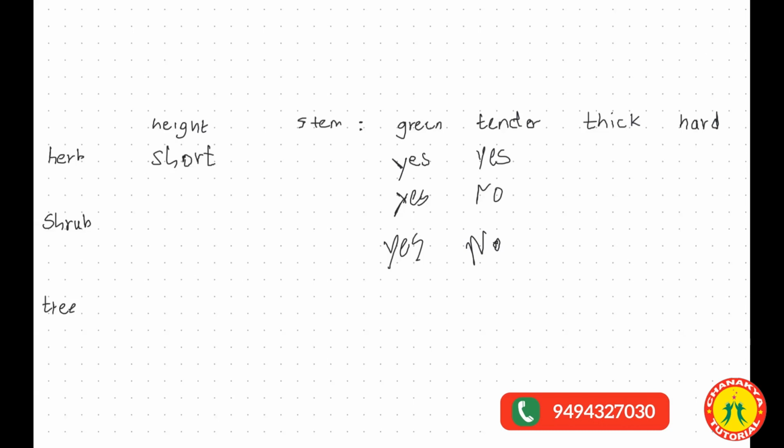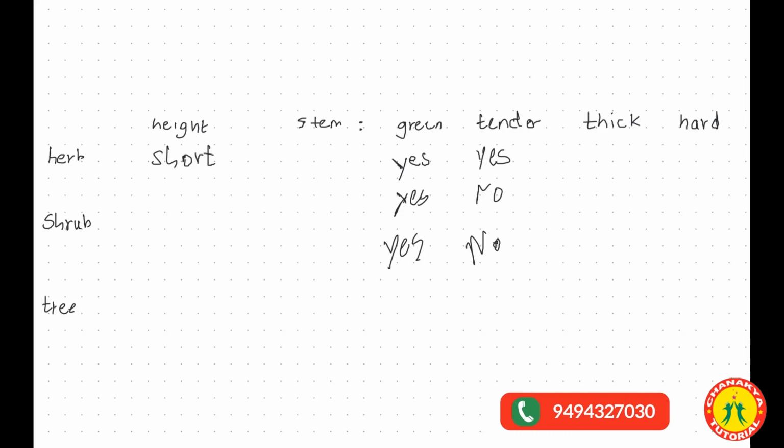What about stems of shrubs? Are they thick? Whoever says yes, raise your hand. Only Deepika. Okay, so it is not thick, Deepika, because the shrubs are just taller than the herbs. The base and all is made up of small stems only, which can easily be broken. They're not that thick. So it is a no again for shrubs. Please make note of it.